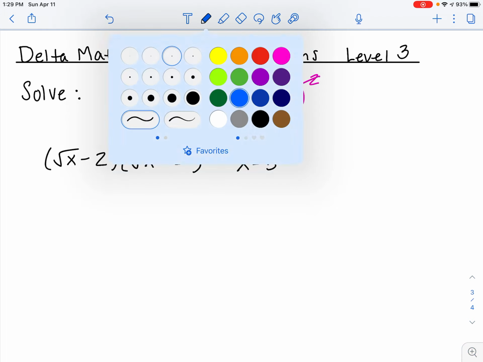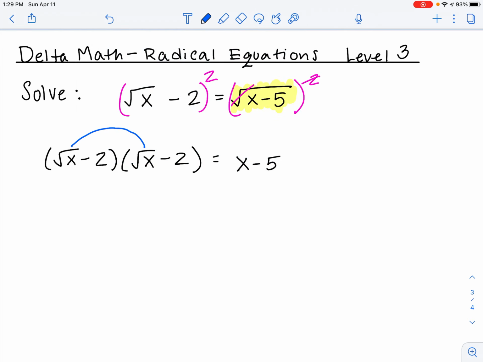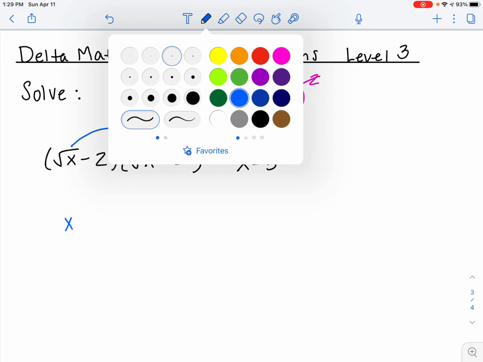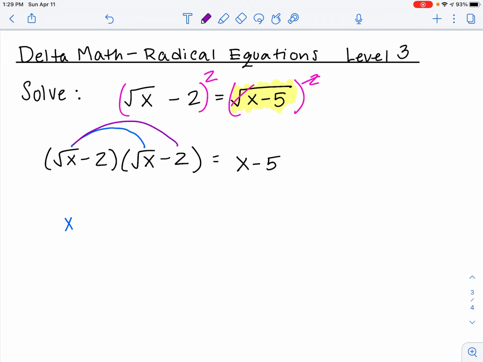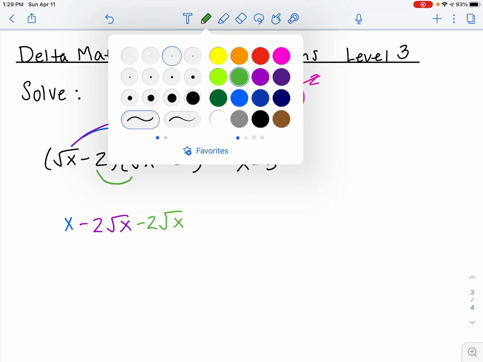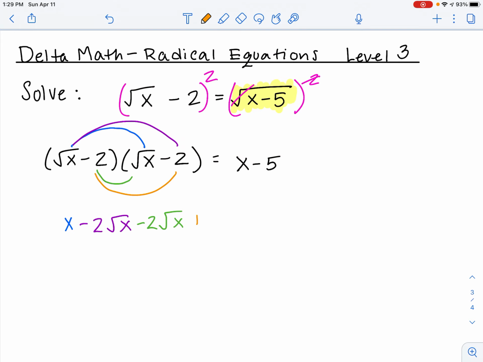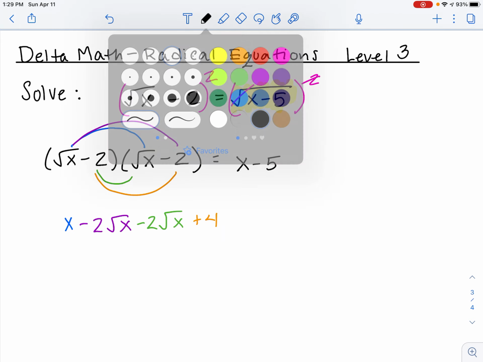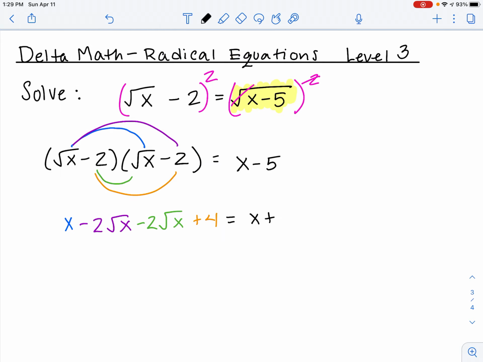So if I go ahead and FOIL, the square root of x times the square root of x is x. Square root of x times -2 square root of x, and -2 times square root of x, so we get another one. And then we get -2 times -2, so plus 4. And then let's just bring down the right-hand side of our equation. So if I collect my like terms, I get x minus 4 square root of x plus 4 equals x